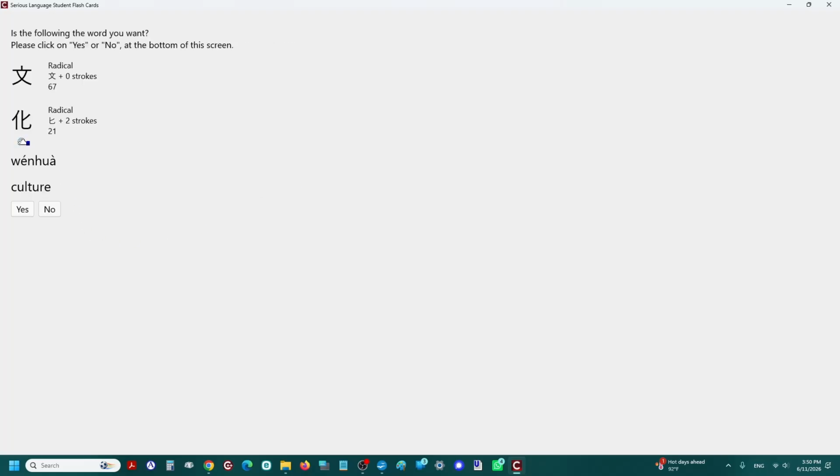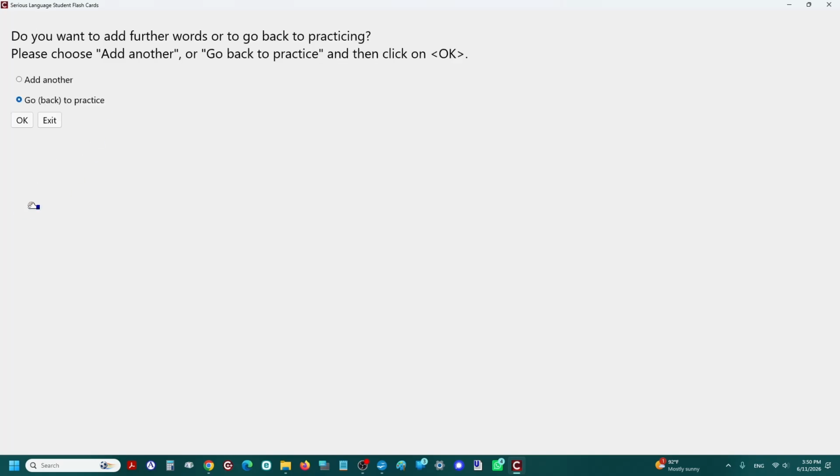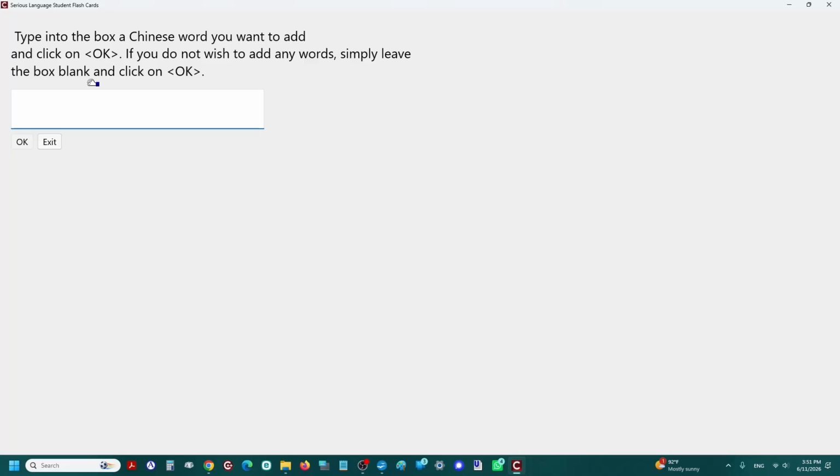So we hit OK. And lo and behold, this is a word that the program is already familiar with. It offers it to you and says, is this the one you wanted? And you simply say yes, and that word is now among those that you'll be practicing. Now, to continue the illustration, rather than going back to practice, let's add another, and hit OK, and type in another word. This time, let's add the word